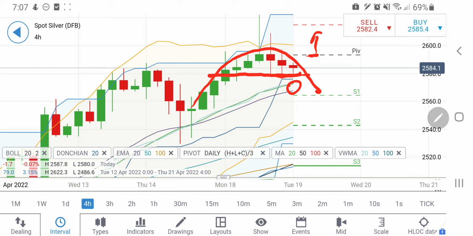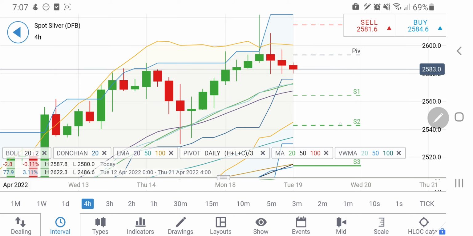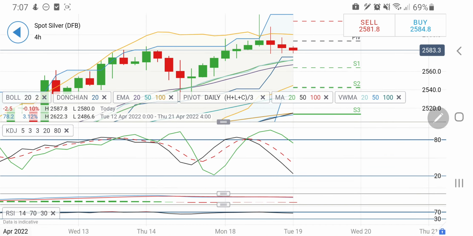Then you can expect 2610, 2620 and 2630 levels. These three levels I will be watchful of. Beyond that, definitely there is a strong rise, as I have told in my weekly analysis. Also, yes, if it breaks 2580, there is a support coming into picture at 2570 and 2565 levels. These two levels I will be watchful of, and then it will try to come back again towards 2555 levels.